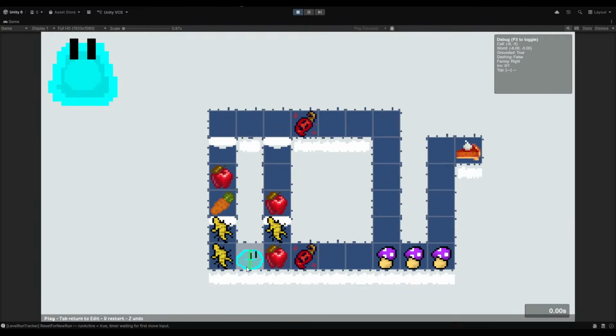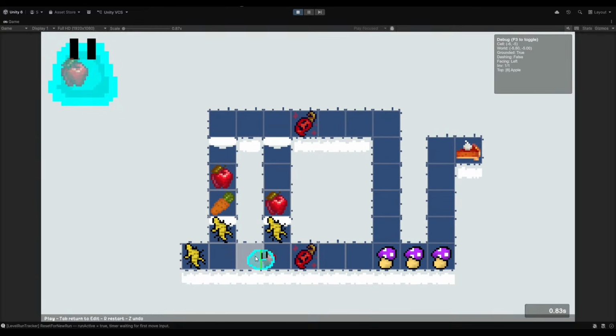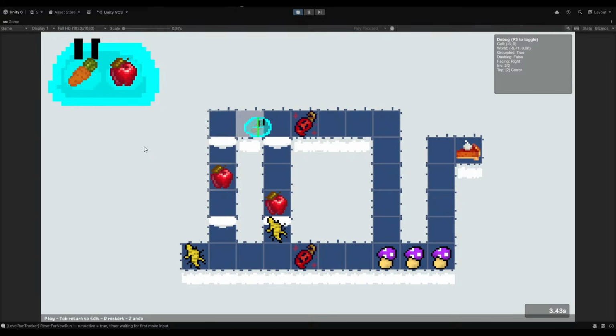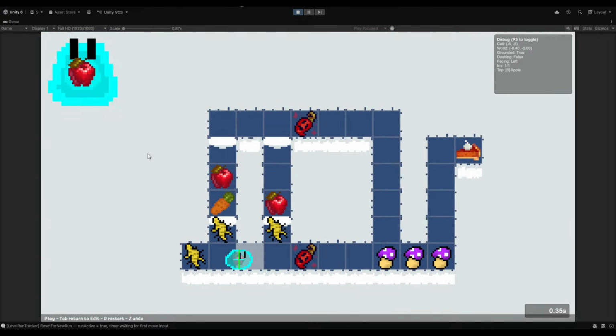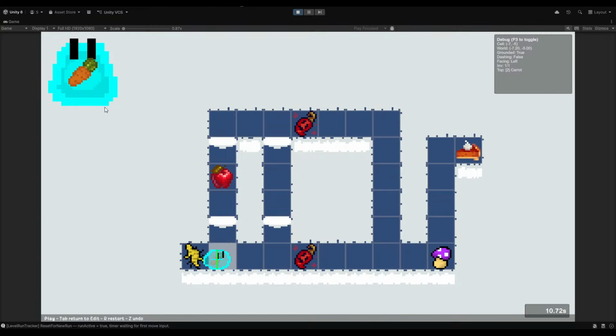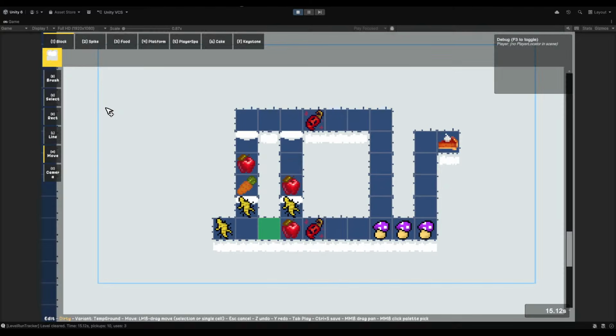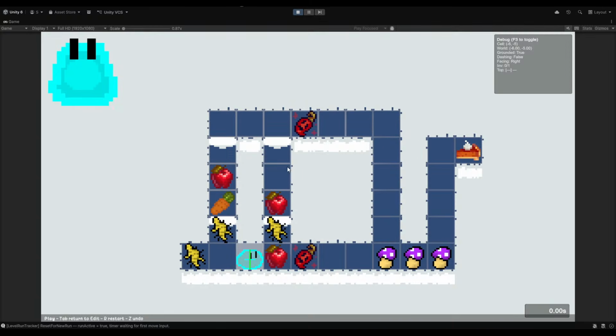Well, no, I think that's too easy, but the solution I was thinking about is... Well, let's try moving this one here again. I really want them to have to do this, so they have to keep the carrots safe. But I don't know if that's possible. What I was thinking was you have to get this to this position, come all the way here, use the apples, you only pick up one. But I don't know if we can force that. So that's the intended solution I want the player to figure out.